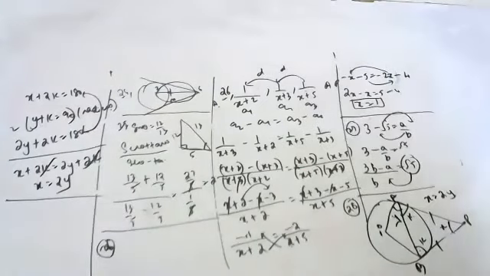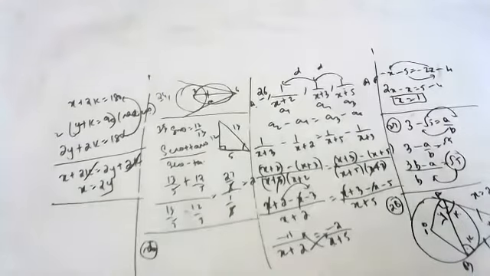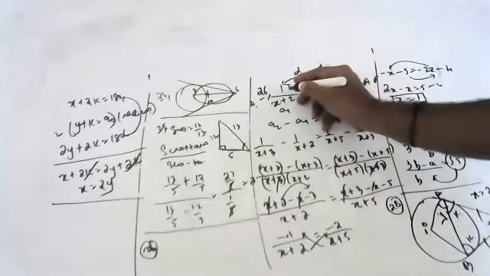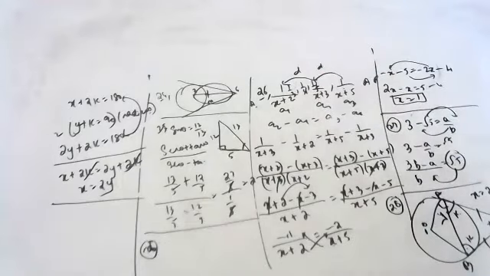In the previous question we got x is equal to 1. But if we substitute that x in the question, are they forming an AP? 1 by 3, 1 by 4, 1 by 5 you will get. Are they not in AP? 1 by x plus 2 is 1 by 3, 1 by x plus 3 is 1 by 4, 1 by x plus 5 is 1 by 6, sir.